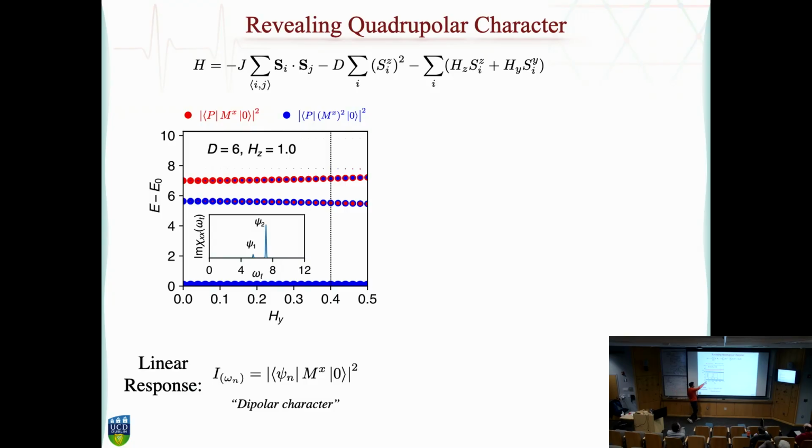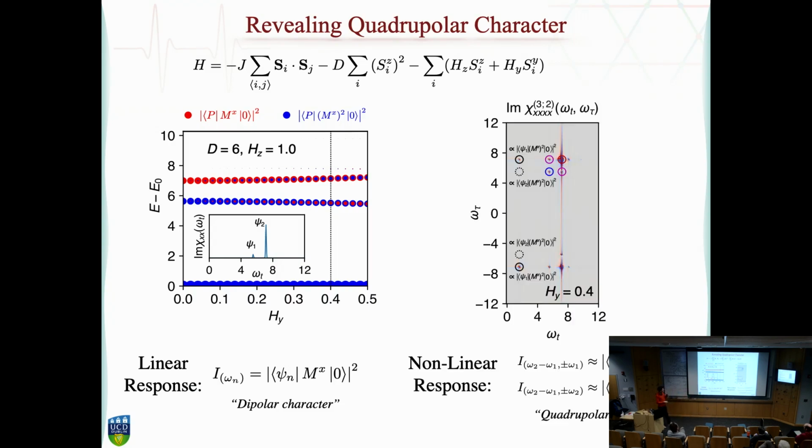Maybe this excitation has a small dipolar character just because it's a very weak dipolar excitation. Or maybe it's a small dipolar character because it's actually basically a quadrupolar excitation and just a weak mixture of dipolar. So if you look at the nonlinear response, that's a little bit more interpretational. Here there's an equal sign, here there's a wavy equal sign. But under this wavy equal sign condition, and if you look at this line, peaks here,